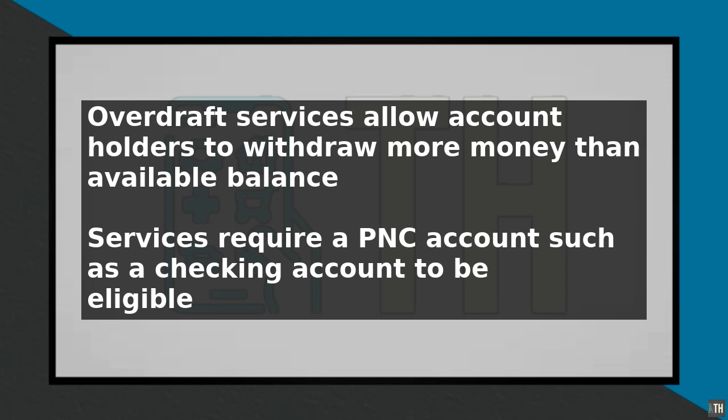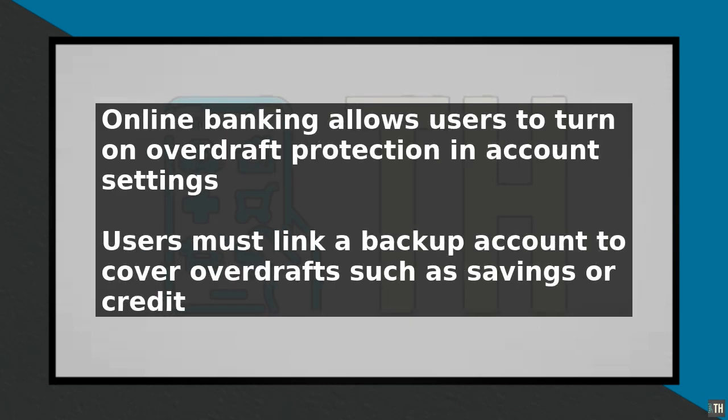You can do this online by logging into your PNC online banking account and going to the account settings page. Look for the Overdraft Services section and select the option to turn on overdraft protection. You will be asked to link a backup account, such as a savings account or credit card, to cover any